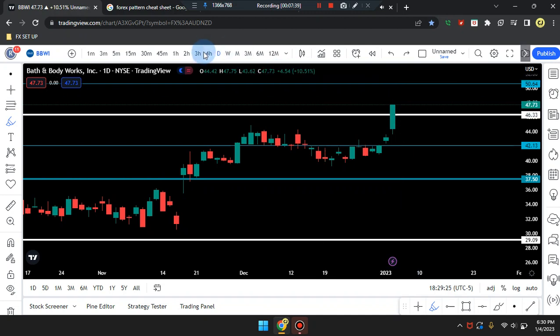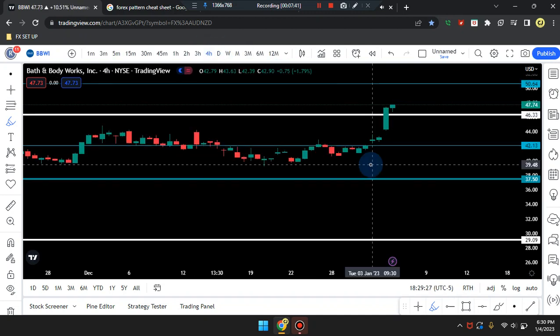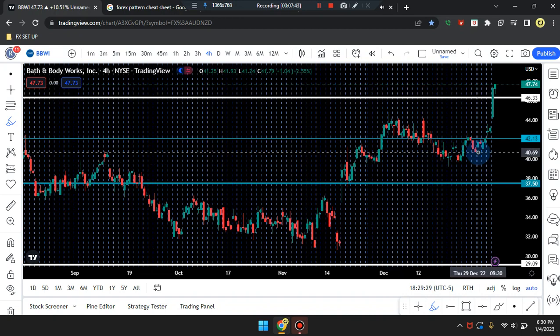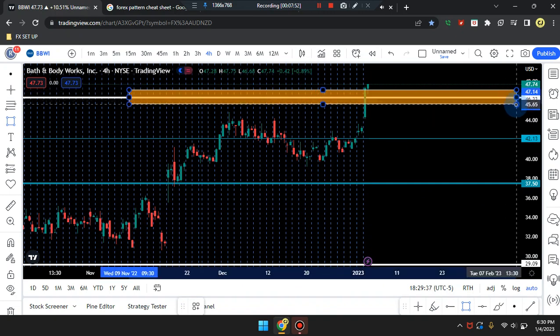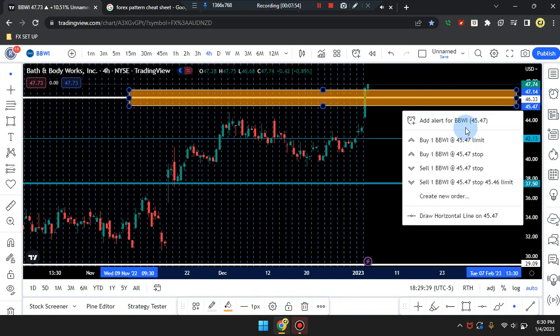Walking down to the 4-hour. So now we're on the 4-hour. We can see that price is on our SR line. So we're going to put a zone around that area, a little bit above, a little bit below, so we can take a look at what's happening in that area. So the market is just reading that